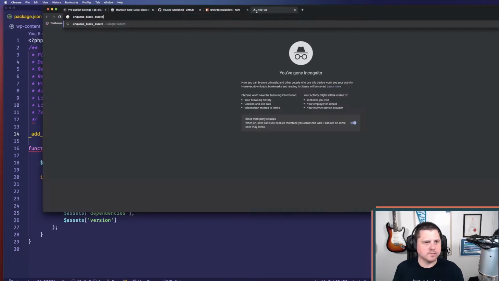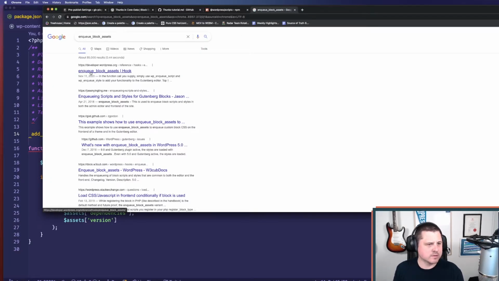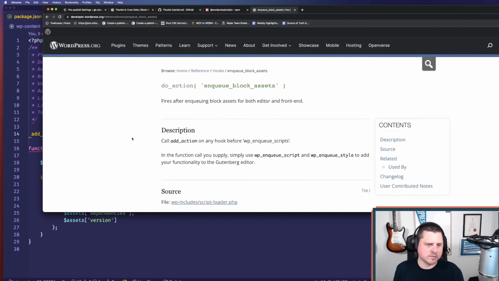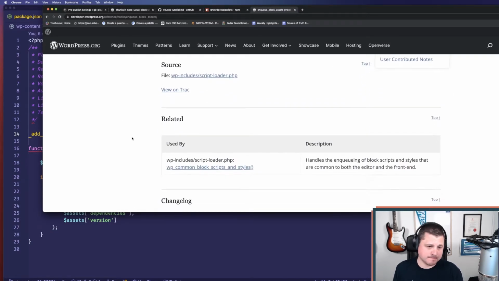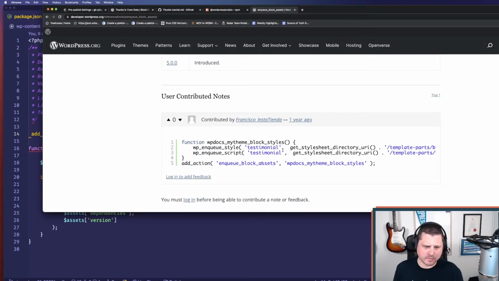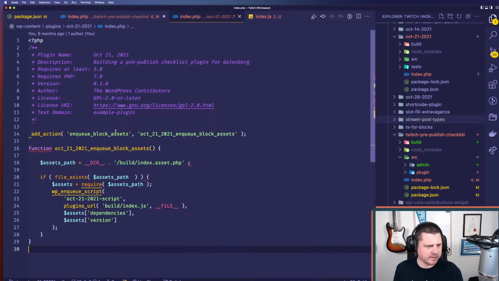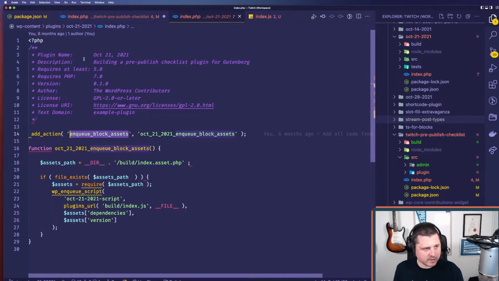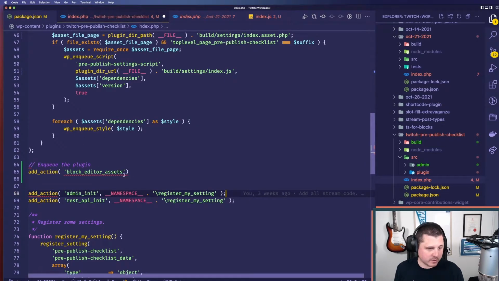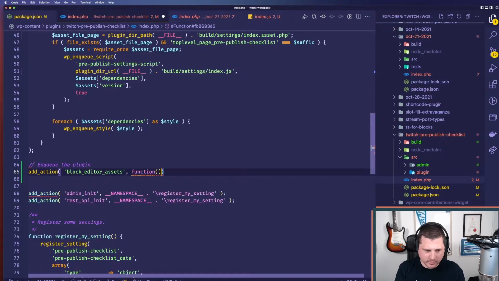I do this every time to enqueue block assets. Yeah, I guess that's right. I don't know why it feels wrong to me, but it is indeed right. So enqueue block assets. This is the hook that we need to call when we want to enqueue something inside the block editor, which is exactly where this or the site editor for that